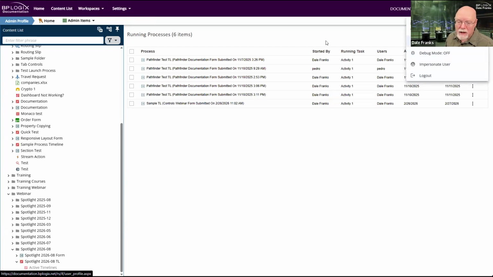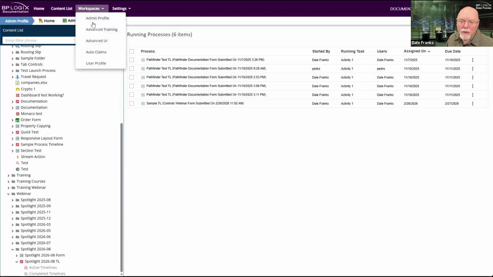Same thing, the user profile slide out that used to appear way over here on the very left-hand side. That's been removed because you can now just go straight to your profile from your user drop-down menu. Moreover, we have the workspaces menu, we have the content list, the home button.